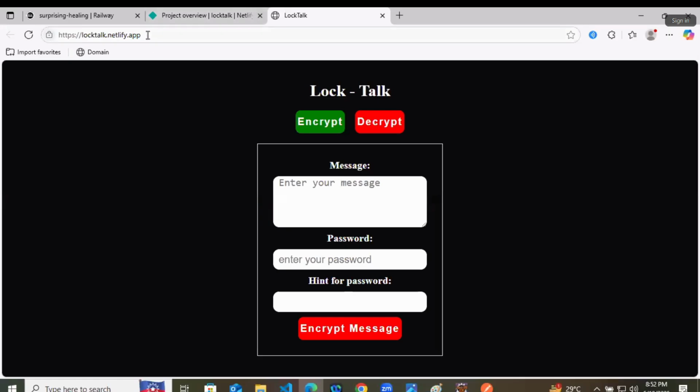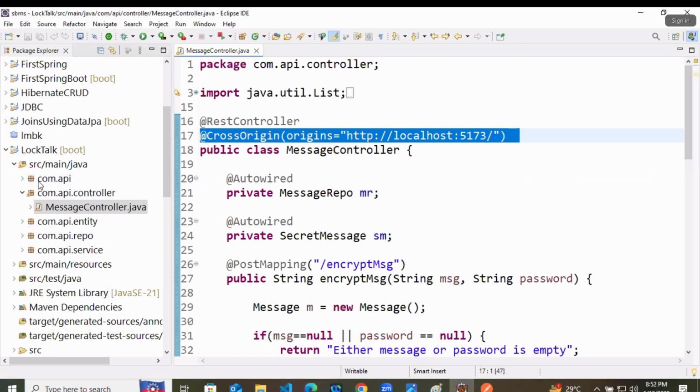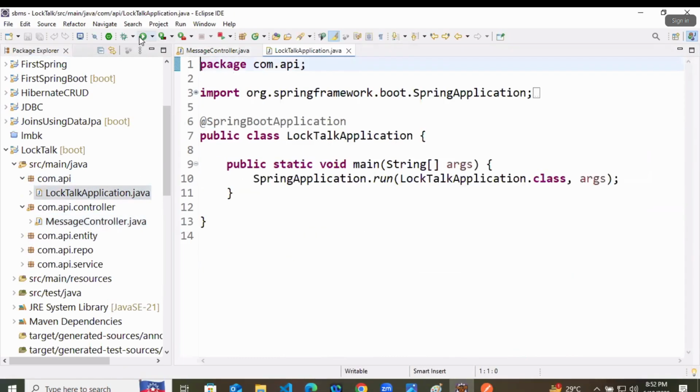So our project is available on this link now, https://logtalk.netlify.app. Now I will start my Spring Boot application on localhost only to check whether it is working or not. It is not supposed to work in that way. So let's start the app first.